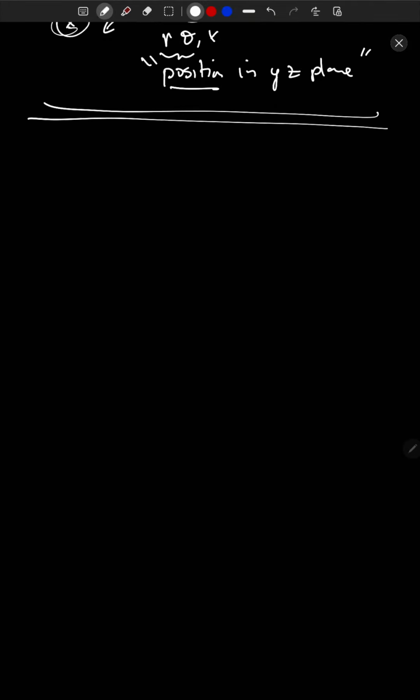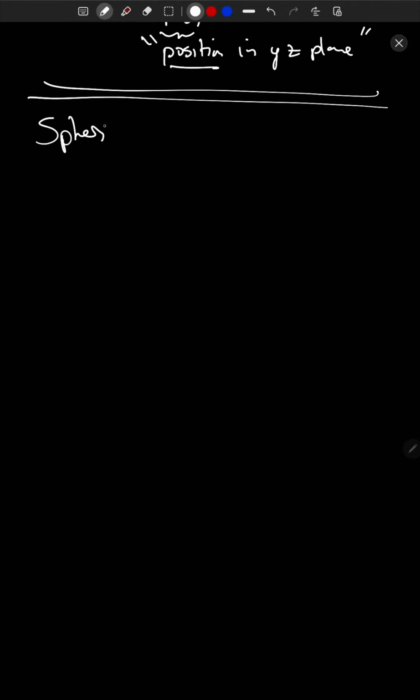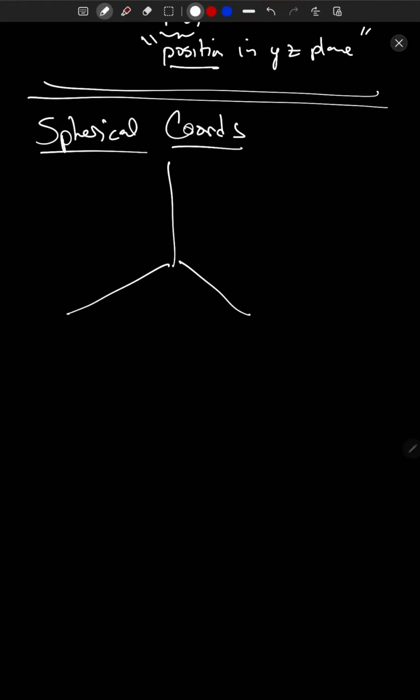Okay, next, spherical coordinates. So this is a lot more new. And it's an extension, again, of polar coordinates into 3D, into space, except with cylindrical coordinates, we did the kind of really simple thing of just extending into space by adding a height direction. Spherical coordinates, you're describing things a little differently. You're using,